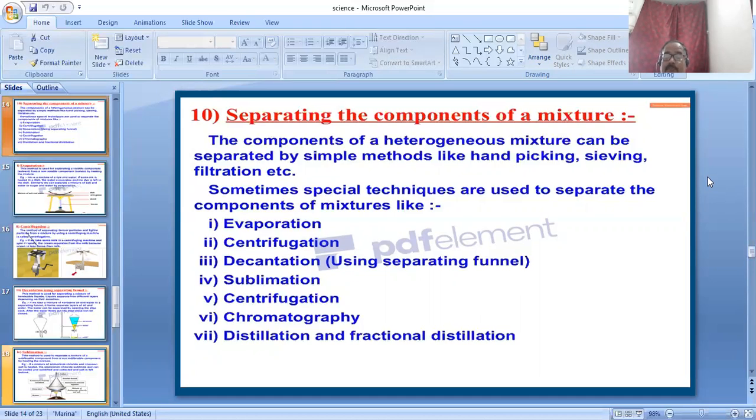A pure sample means any type of product or content that can be made with the help of some constituent particles, and by any process we use a single type of constituent particle, so we get a pure sample. So pure substances are required in our daily life for various purposes, like in laboratories for conducting various experiments, in industries, in medicine, and also for carrying out research work.